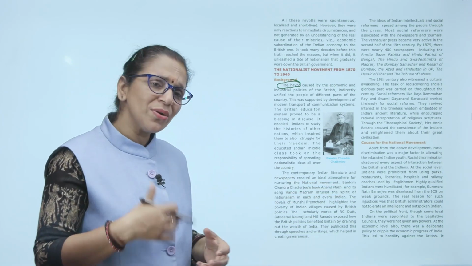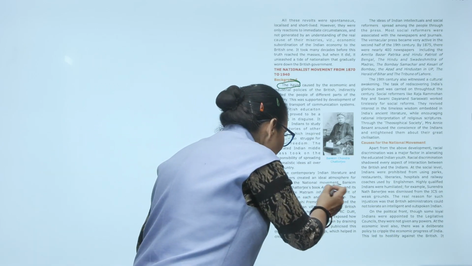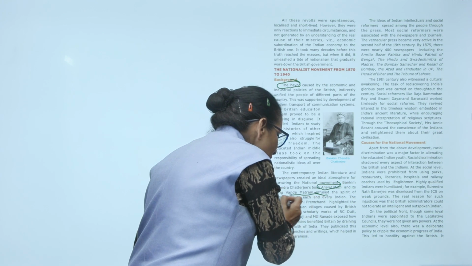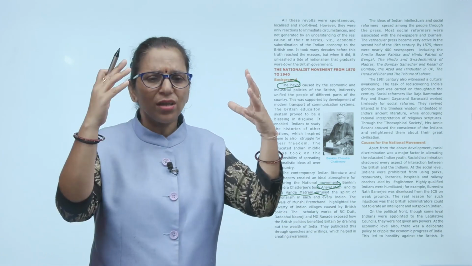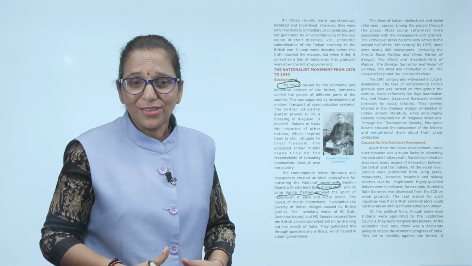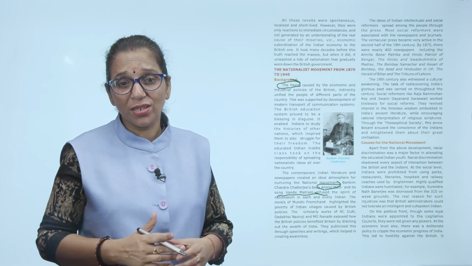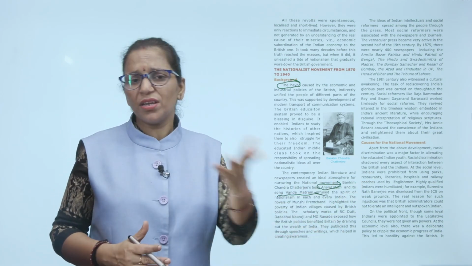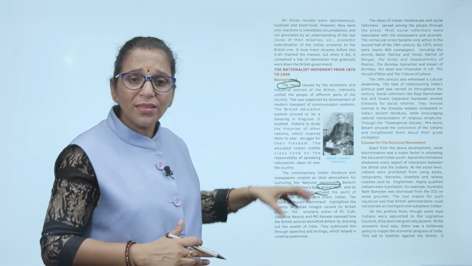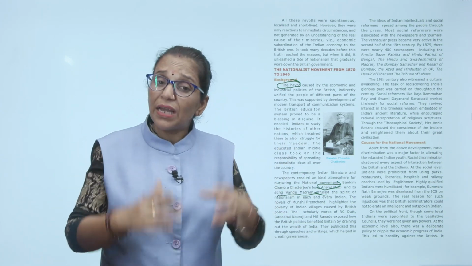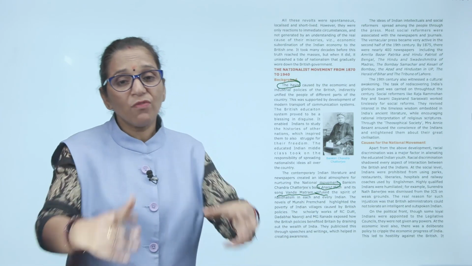Then contemporary Indian literature and newspapers also created awareness and an atmosphere of nationalism. Bankim Chandra Chatterjee's book was Anandmath, and its song became the national song of India, Vande Mataram. It infused the spirit of nationalism among Indians. The novels of Munshi Premchand highlighted the poverty of Indian villages, which was caused only by British policies. So somewhere the literary work of Indian writers paved the way to the nationalism